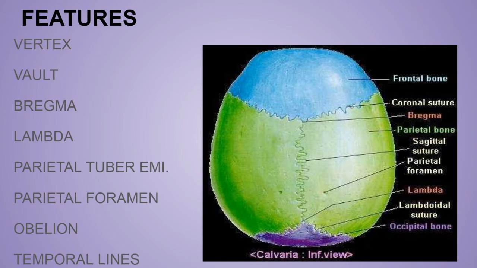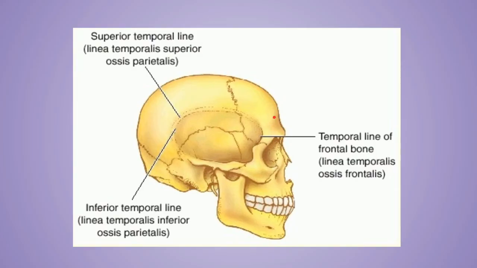Now next are the temporal lines. First of all, let's look at this diagram. Now you may know, in this, this is the frontal bone, this is the parietal bone, this is the temporal bone, and this is the occipital bone. Right, now this frontal bone has the zygomatic process. Okay, the zygomatic process of the frontal bone is this. Now this zygomatic process of the frontal bone actually connects with the frontal process of the zygomatic bone. This is the zygomatic bone. So the frontal process of the zygomatic bone actually connects with the zygomatic process of the frontal bone. Okay, and they will connect with each other.